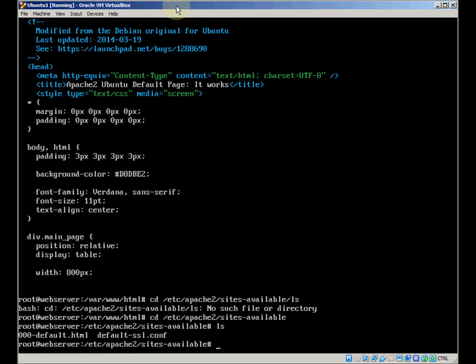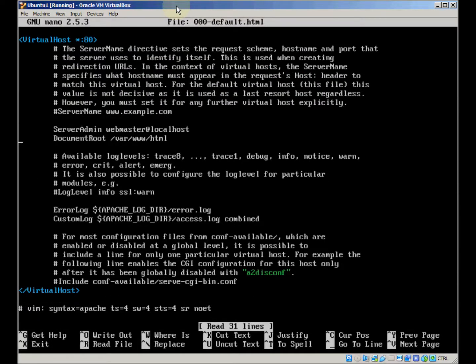So if we nano 000-default.conf, all we need to look at here is halfway down we'll see DocumentRoot, where it says /var/www/html. In other words, that's the line that's telling it where to find the page. So if we create a new index.html file in a different directory, then we need to change the document root. If we create it in the same directory, then we don't need to change anything in here. Okay, so we're going to make it very simple and create a new index.html in this default location,